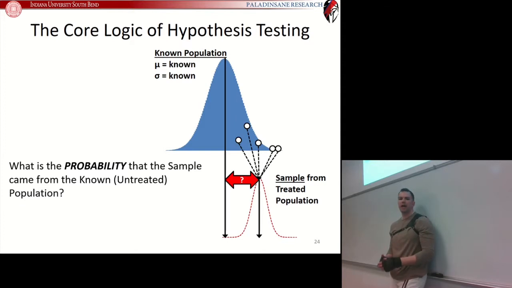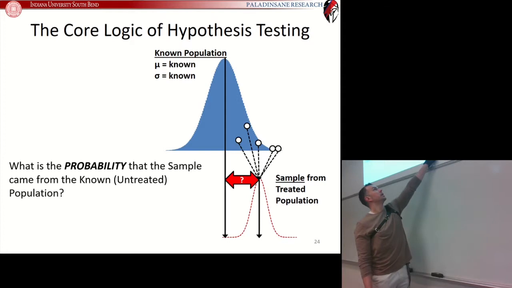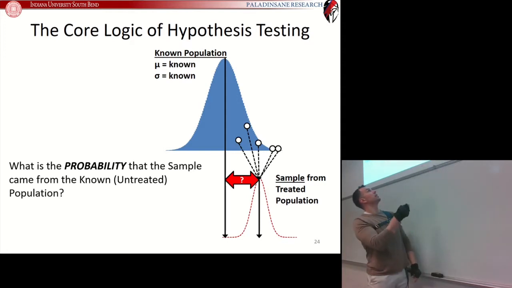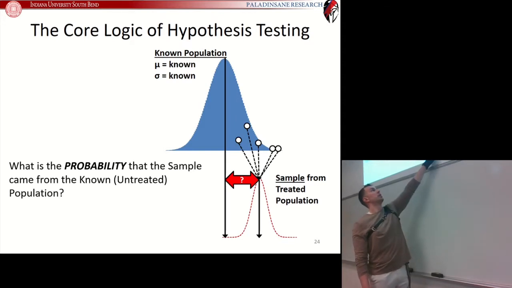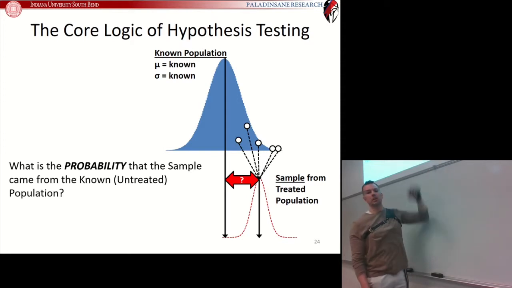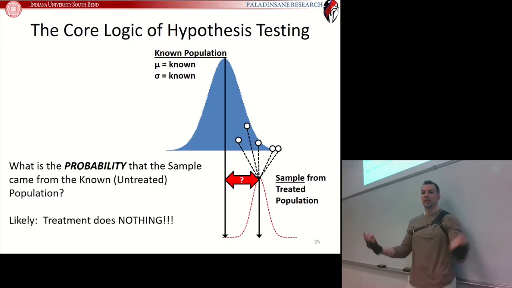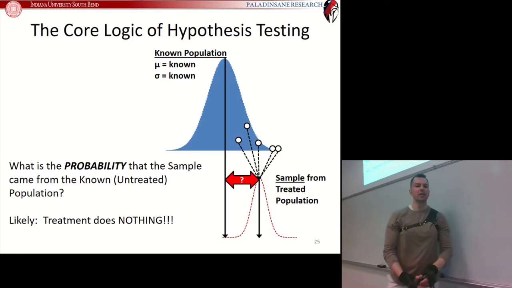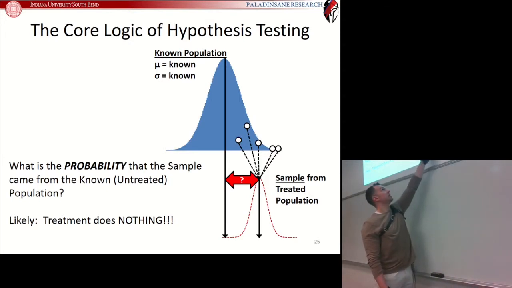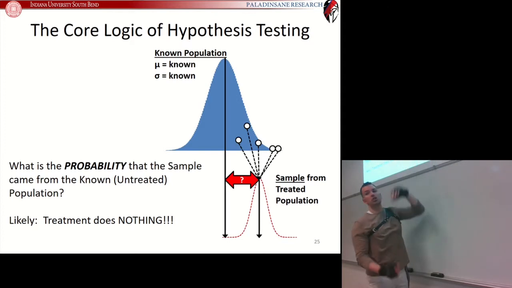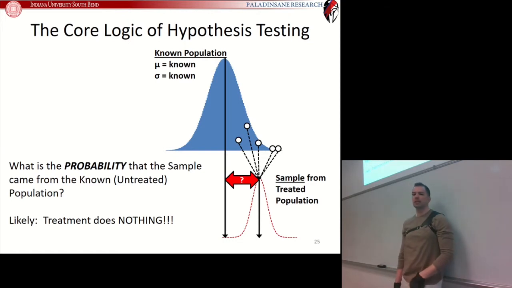And what we do is we simply ask, what's the probability that your sample, after you treated it, comes from the known or untreated population? We just take a look at our sample and we say, what is the probability that this could have occurred? What is the probability that we might have just chosen extreme individuals from our known population? What's the probability that our treatment did nothing? We just started with extreme individuals. If that probability is likely, if it's probable that this is what occurred, then we say that our treatment does nothing. If it's highly likely that we could get a difference of this size between the sample and the population by choosing extreme individuals, then we say that our treatment does nothing